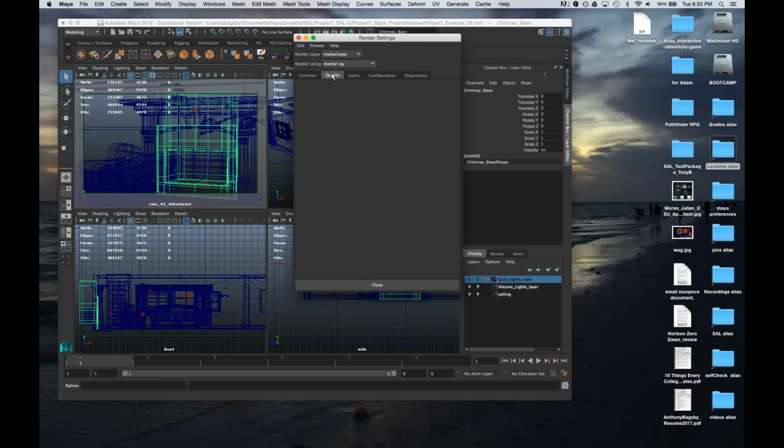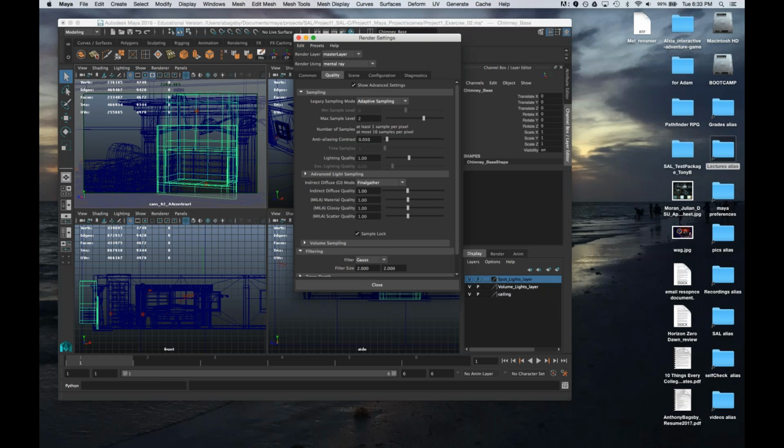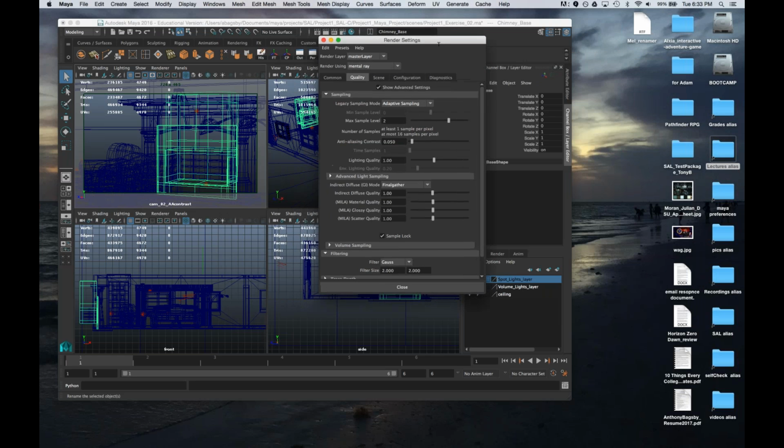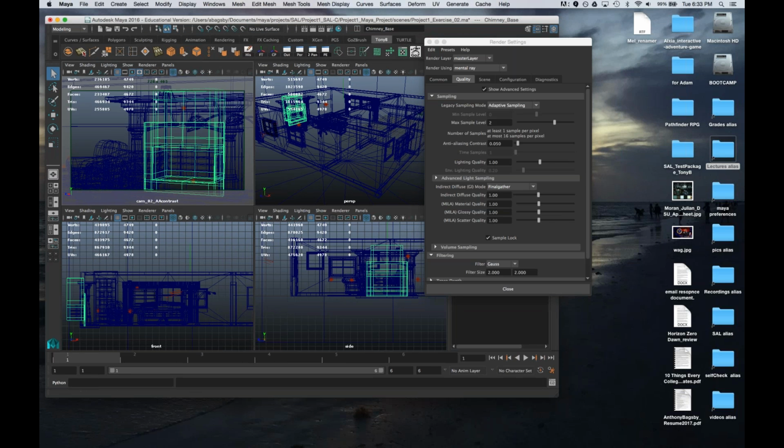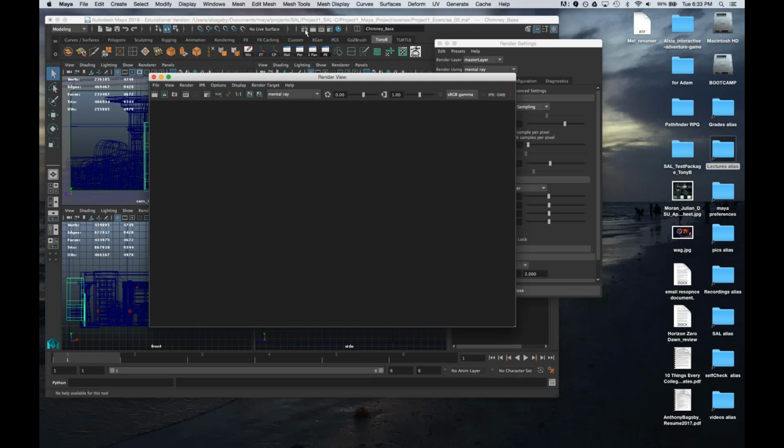Now, the quality tab is where the magic happens. So the main things we're going to be focusing on, min and max samples and anti-aliasing contrast. At least in project 1. So let's open up the render view.